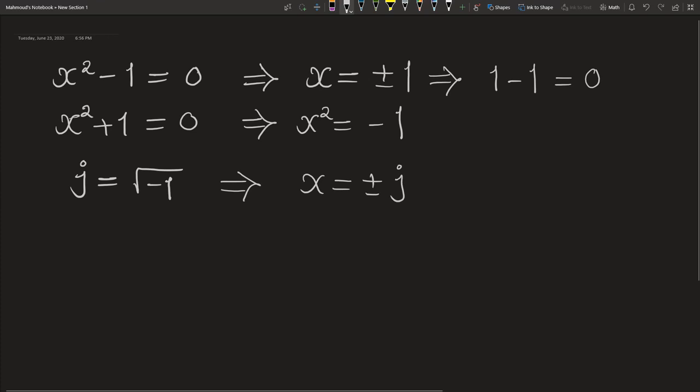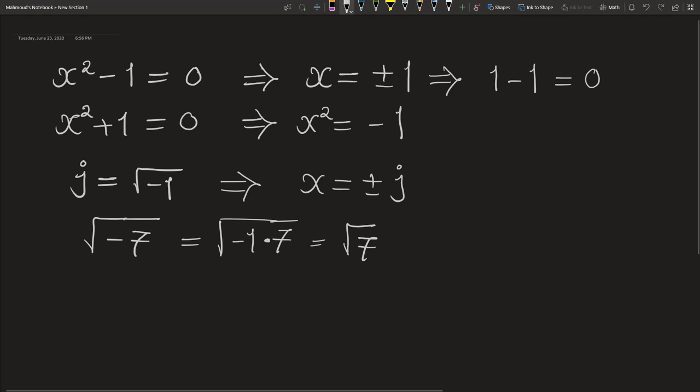And in fact, the square root of any negative real number will be an imaginary number. Let's say the square root of negative 7. This is in fact equal to the square root of negative 1 times 7,